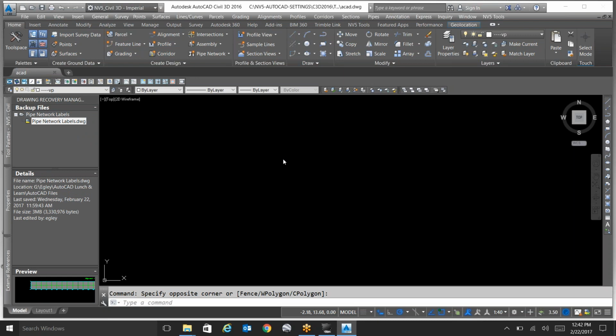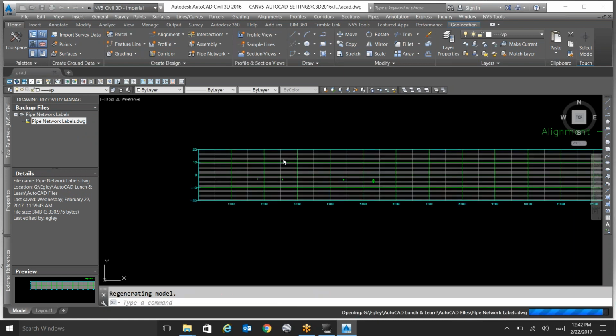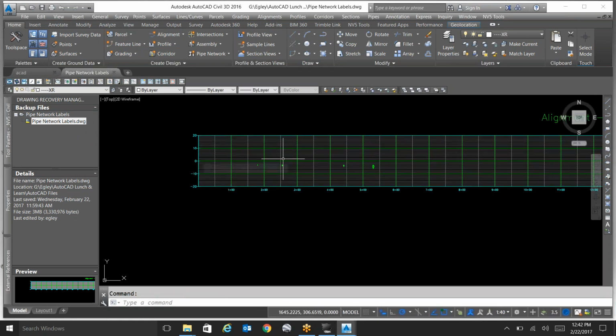All right, so that's the difference between bind and inserting XREFs. Make sure you insert, never bind an XREF. All right? Real quick, not going to cover it in a lot of detail, but I just want to let